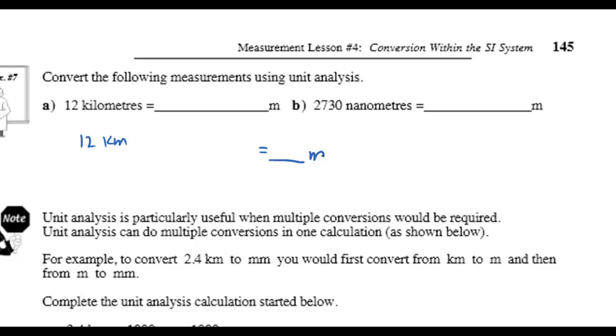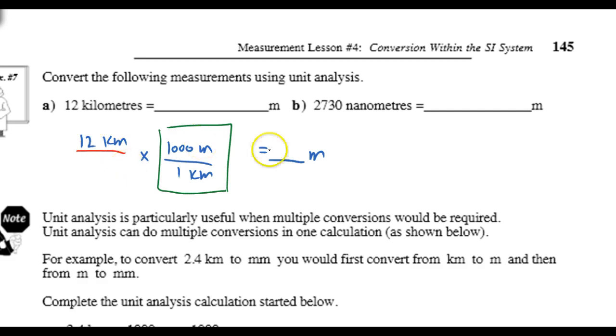So, if there are 1,000 meters in 1 kilometer, and be careful here, see how I'm going to put this. I'm going to multiply my value of 12 kilometers by my conversion factor here. Okay, so again, if I multiply 12 times 1,000, I'm going to end up with 12,000